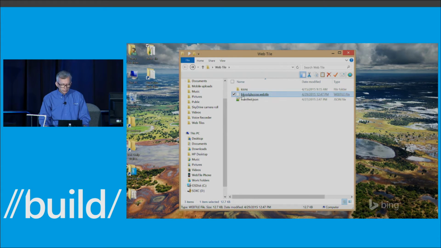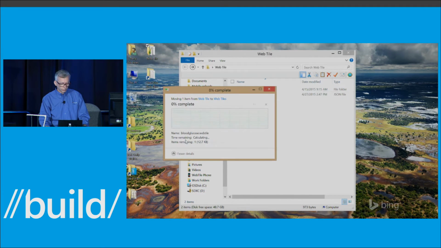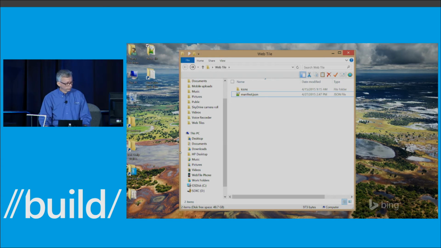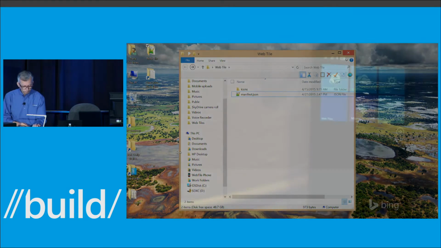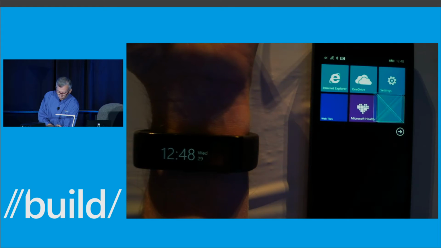So what I'm going to do is I've made a OneDrive folder where I'm working on authoring and testing these things, and so I'm just going to copy this over to a shortcut here I've got for that OneDrive folder. Okay. So now we'll move over to the phone, and I've got that same folder pinned to my start screen here. So I'll open that up. Okay. And there's my web tile. And because we've registered for that file suffix, I can just open that, and we launch right into Microsoft Health.